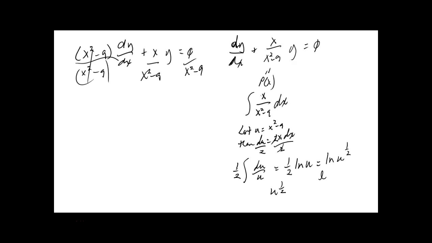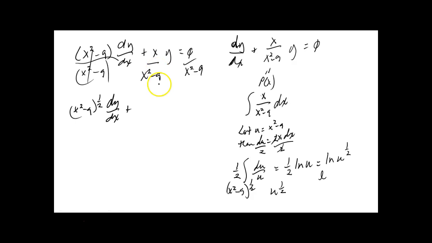Except, let's go back and figure out what u is. What is that? X squared minus 9 to the 1/2. Okay. That's our integrating factor. So I'm going to take that and multiply that by everything on both sides of the equation, which would then be x squared minus 9 to the 1/2 power dy dx plus, now,